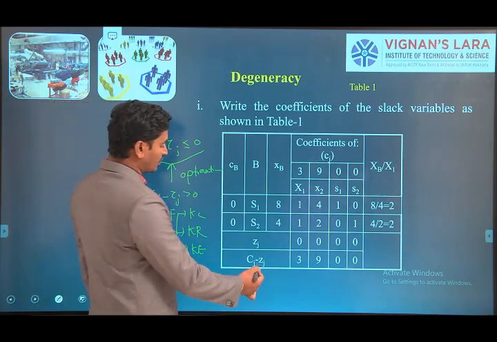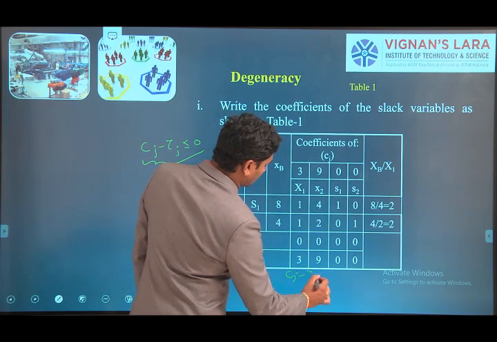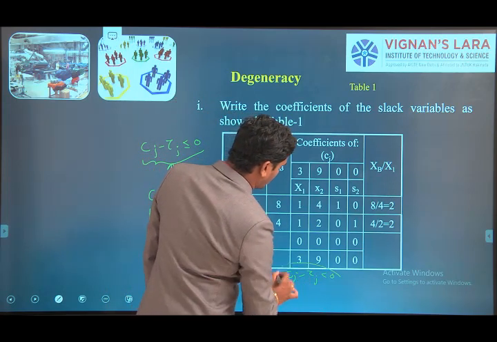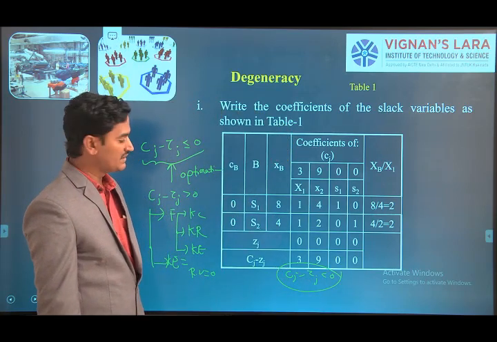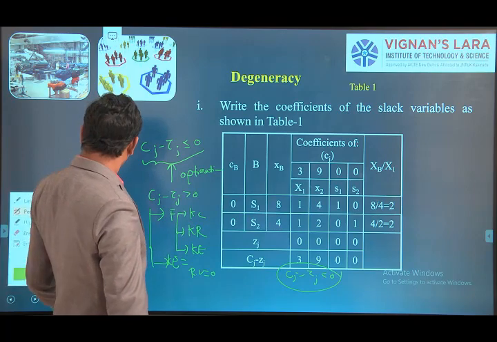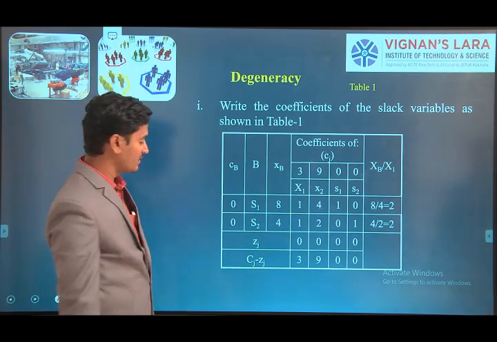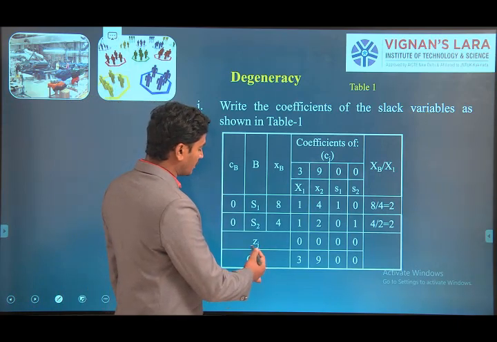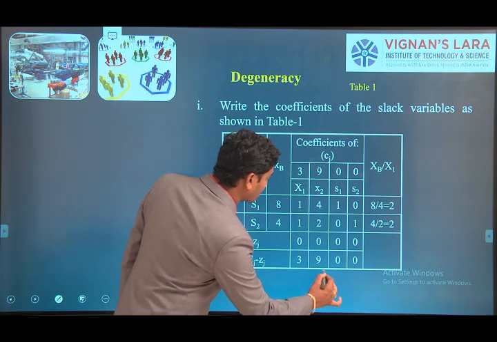Here now we are going to identify the Cj minus Zj. Here Cj minus Zj is greater than 0. So the problem has not reached the optimality. Now we are going to apply the simplex iterations. Okay. Here the objective function is maximize. If the objective function is a maximum, we have to take the Cj minus Zj maximum value. Here what is the maximum value? 9 is the maximum value.